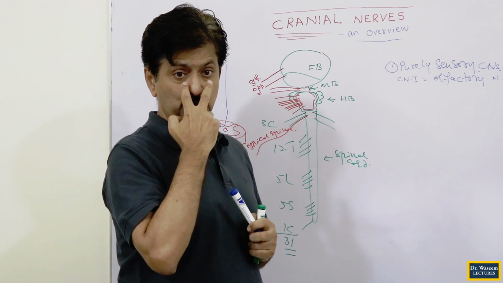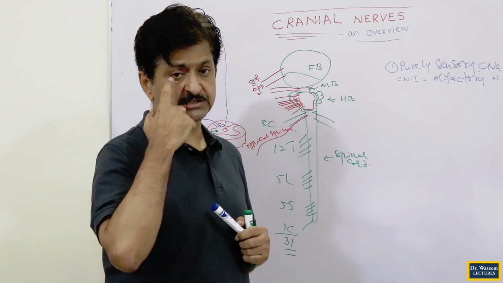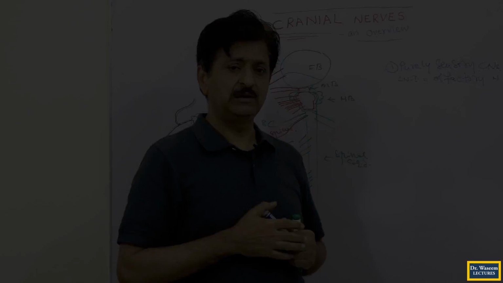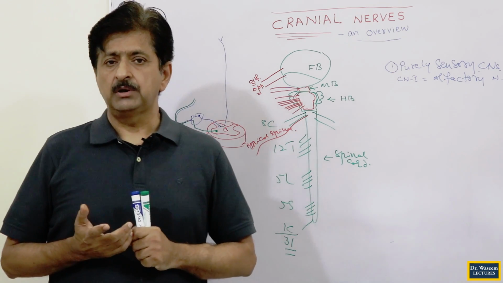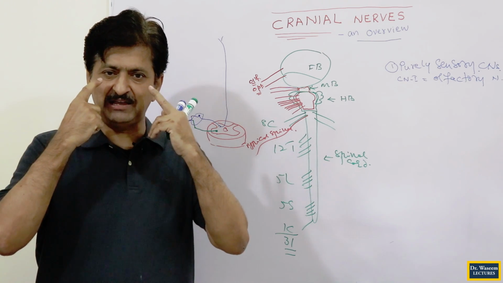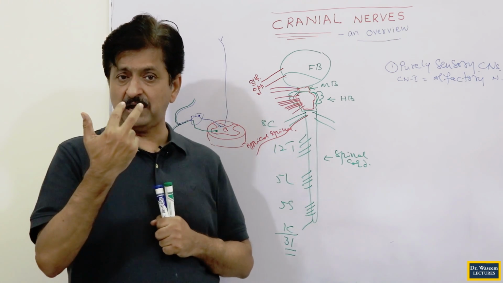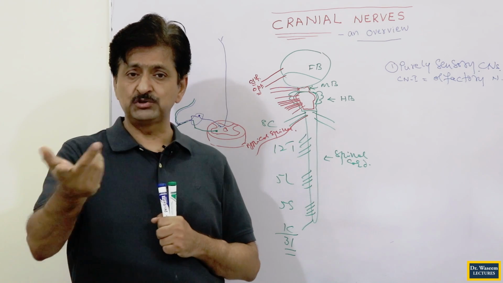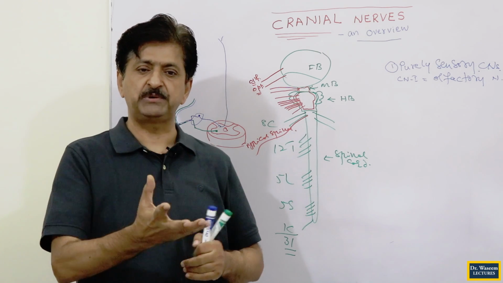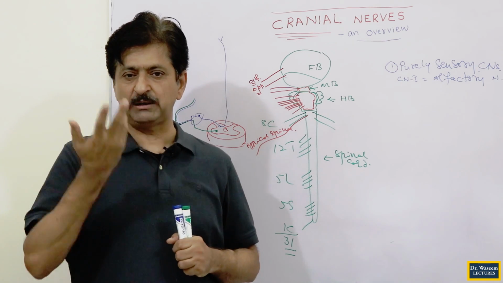Come back here, see, eyes are 2, number of the nerves is also 2. This is called the optic nerve because it is carrying the vision from the retina. Receptors are rods and cones, transduction will be there. Second nerve is the optic nerve. If the light rays strike the retina, rods and cones will be stimulated. They transduce the stimuli into impulses, which are carried by the nerve. A nerve is required obviously, because current has to be carried from the generator through the wire. The wire is required, and the wire's name is optic nerve.